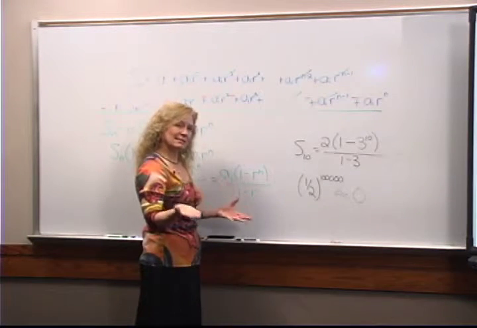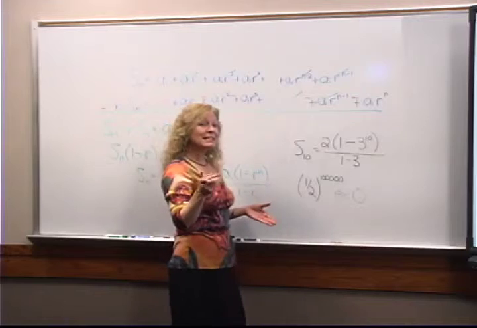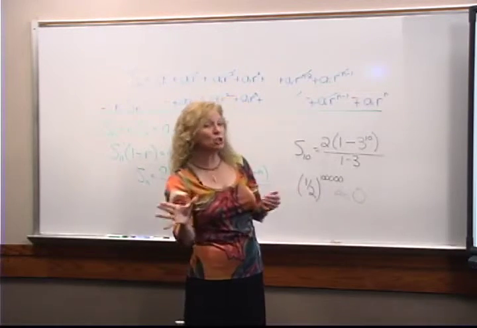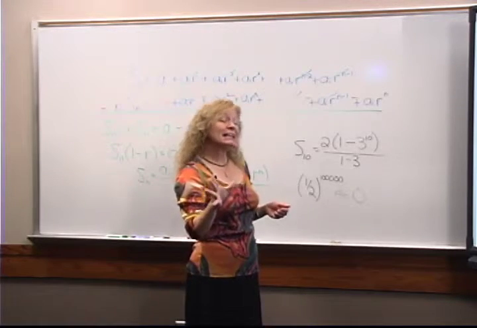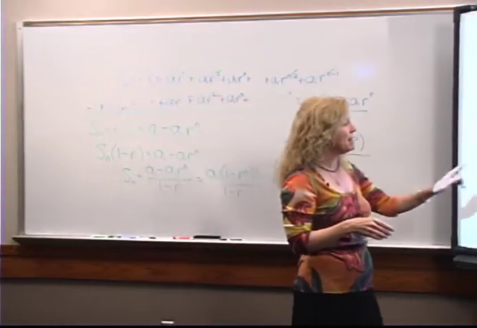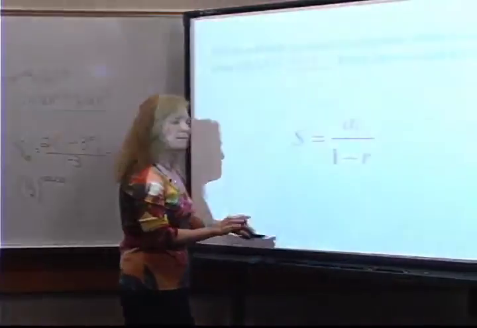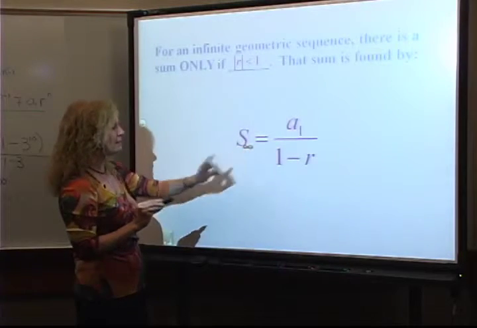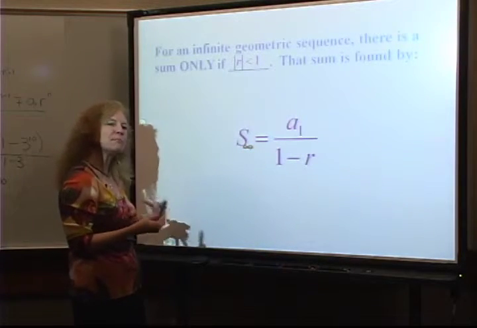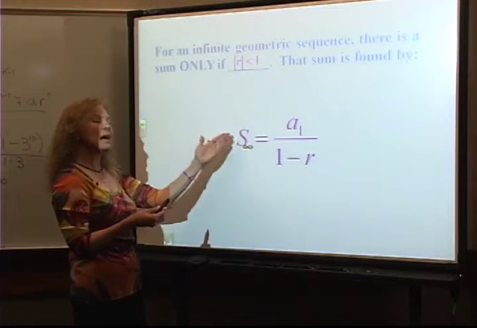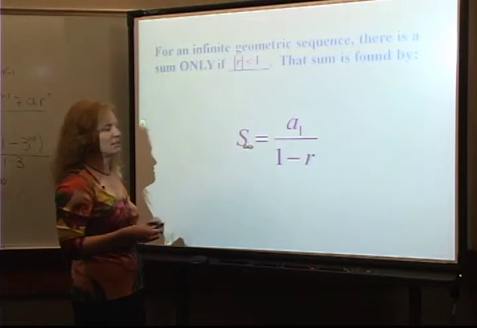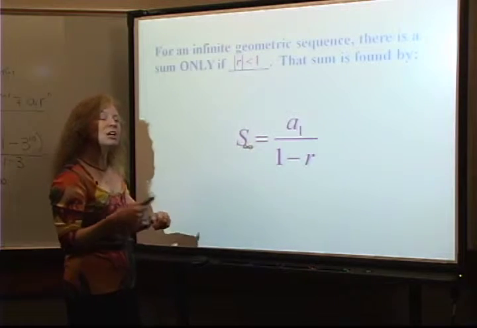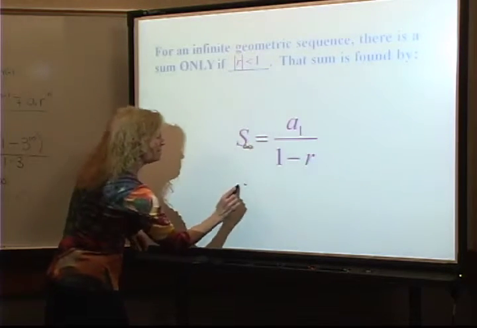So this is your fifth and final formula for working with arithmetic and geometric sequences. It is the formula for finding the sum of an infinite geometric series. Some instructors will even put, most authors don't, a little infinity sign underneath there just to remind students this is the sum for the infinite geometric. And you'll notice it's a very nice, easy formula. So let's go back to that